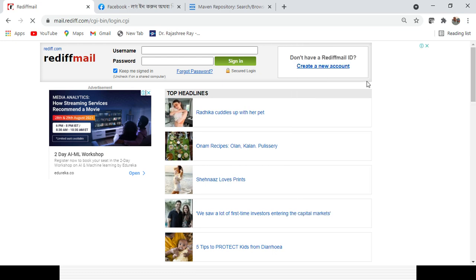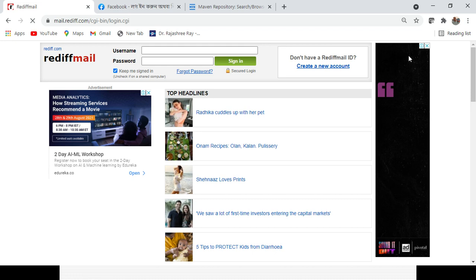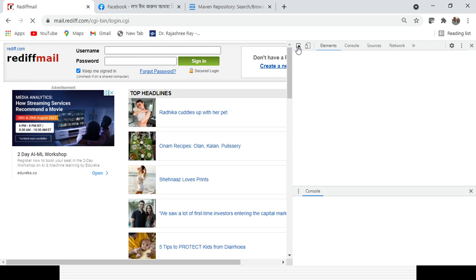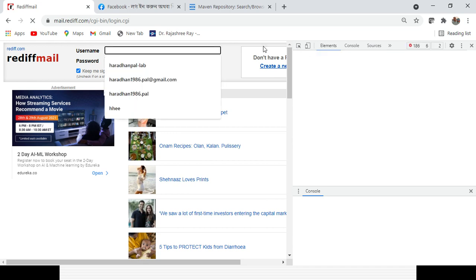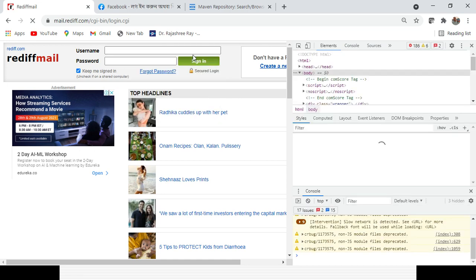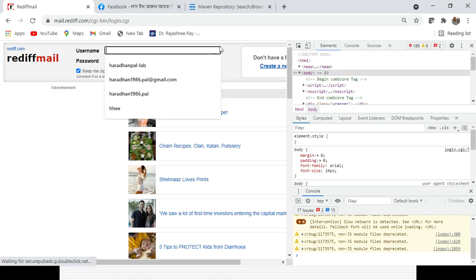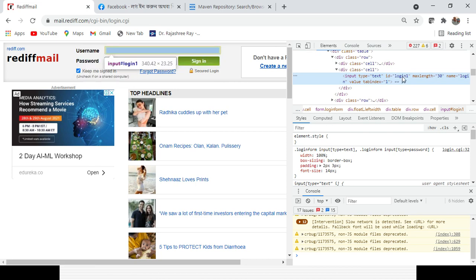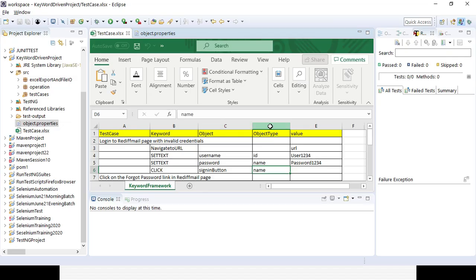If I move the inspect button, you can see that for the username field the ID is login1. So here I have given the object type as ID, and that is the reason I am giving that value in the properties file.